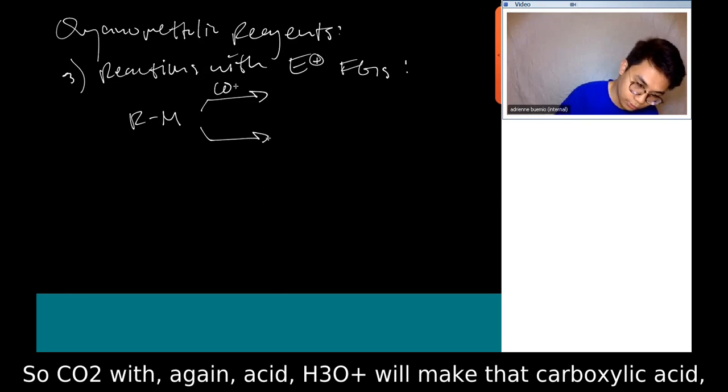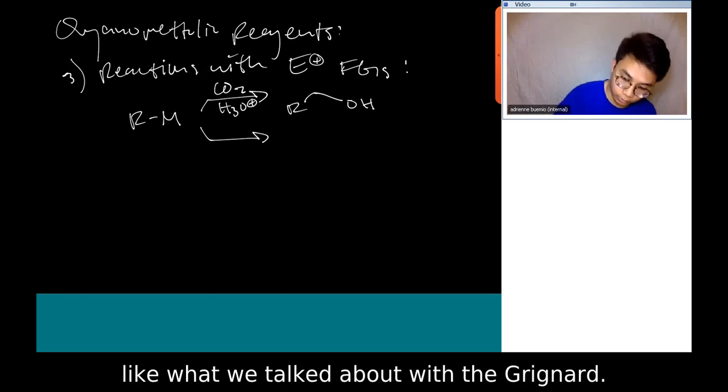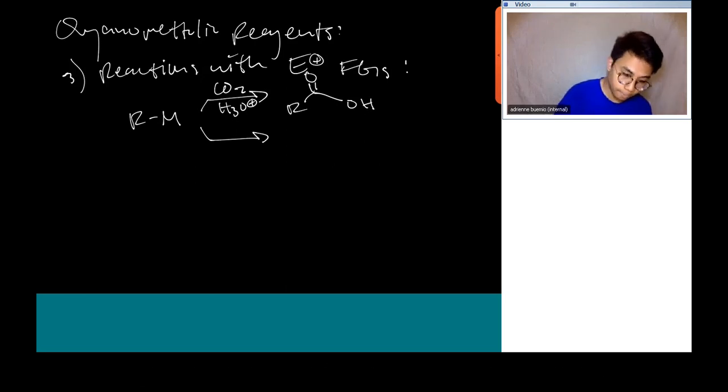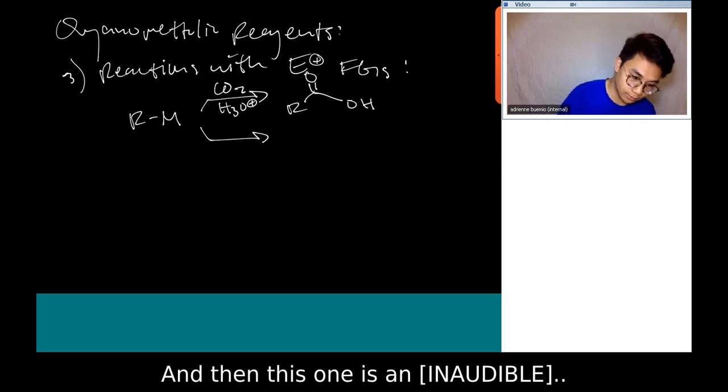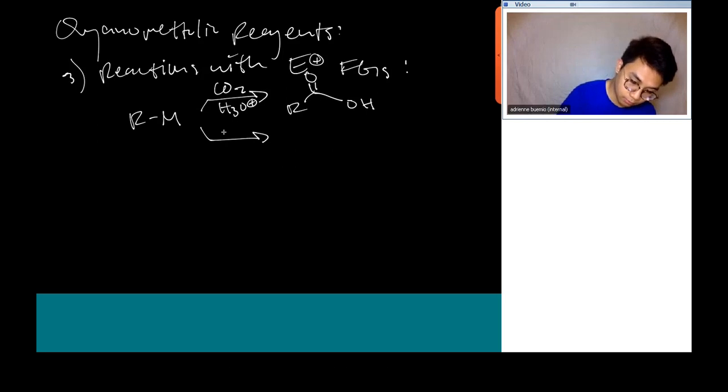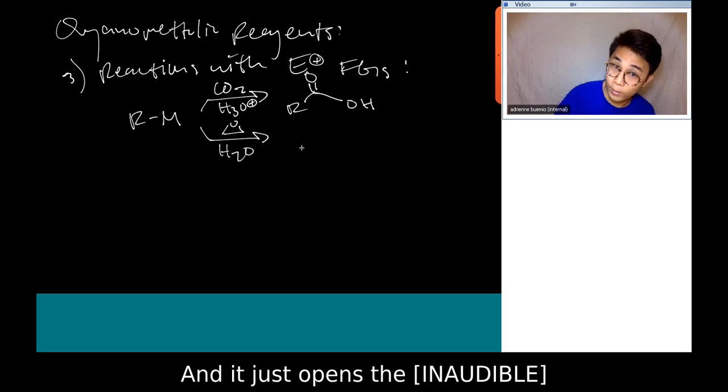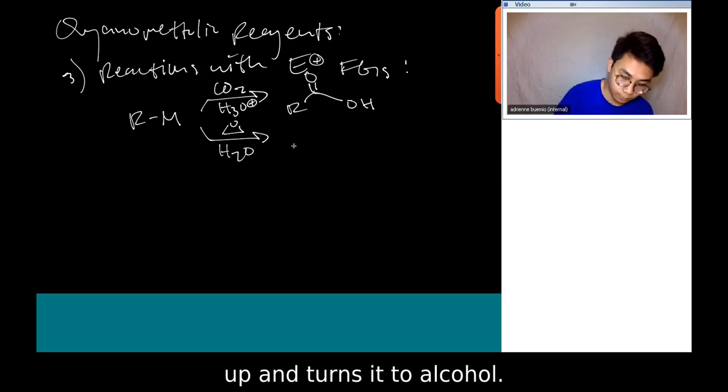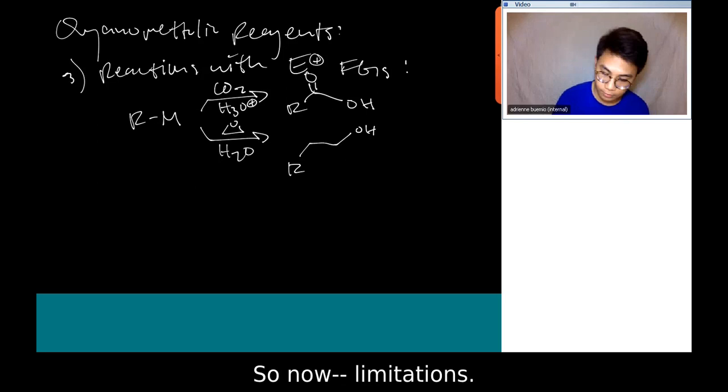CO2 with again acid, H3O plus. We will make that carboxylic acid, right? So like what we talked about with the Grignard. And then this one is an epoxide, right? And it just opens the epoxide up and turns it into alcohol. So now